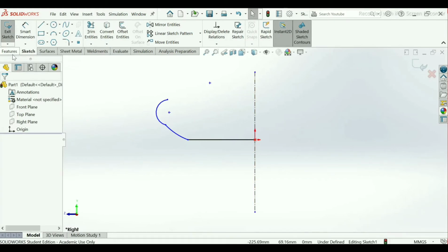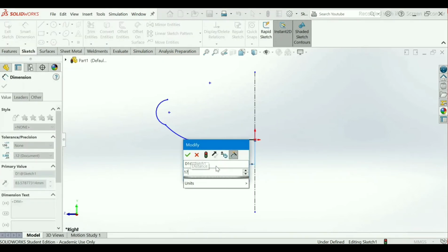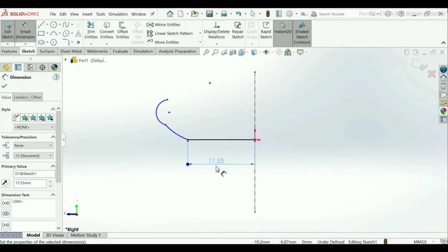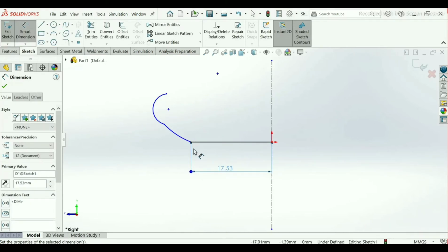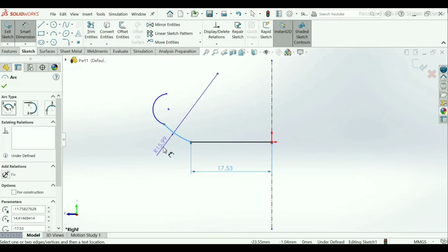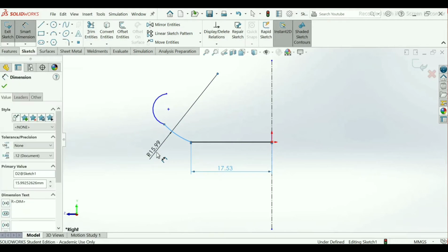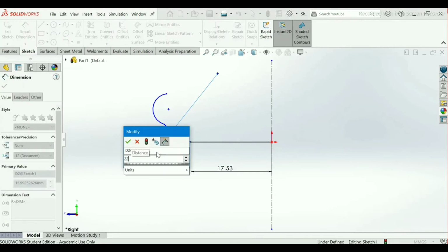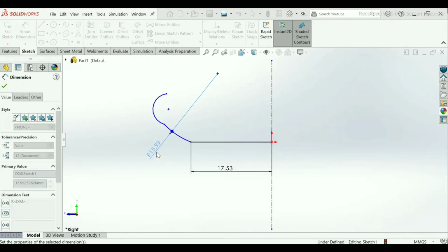Now give all the dimensions. Here take line as 17.53 mm. And this arc, take 22.34 mm radius.